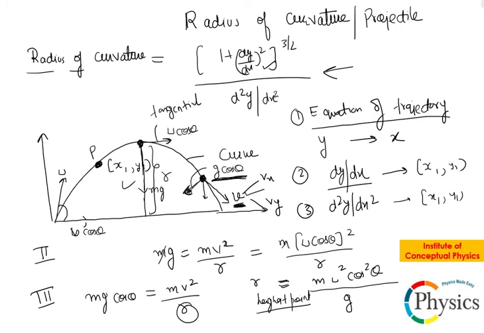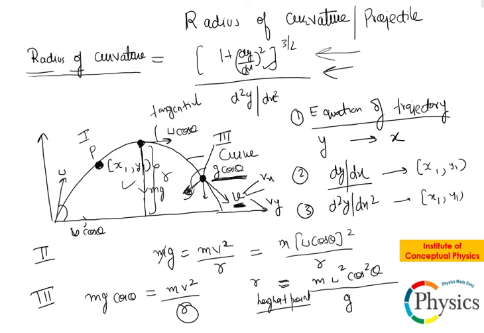So this was situation number one where the coordinates are given to you. This is the highest point, and this is situation number three, where you're given the velocity vector, and you use the velocity vector to find the radius of curvature at the point. So there can be multiple flavors to the same problem, but essentially, if you have a curved motion, you always have a radius of curvature, and the general expression is this.